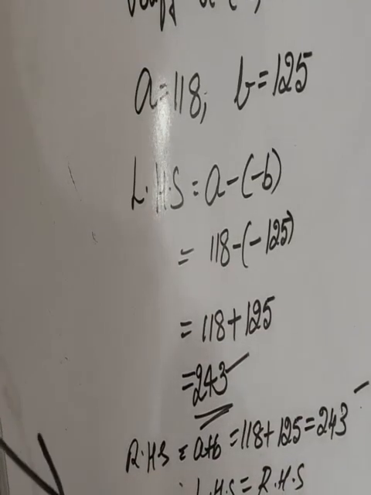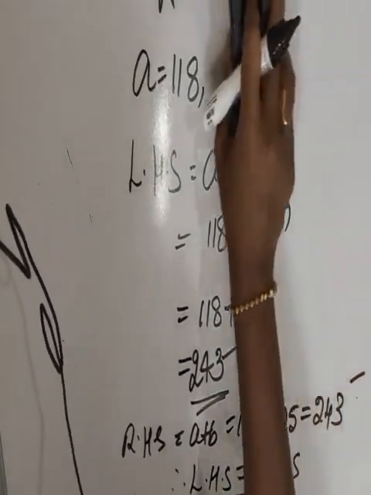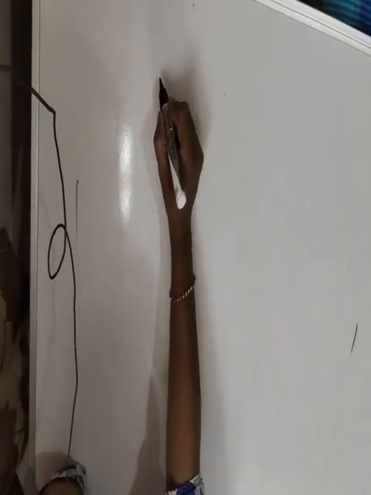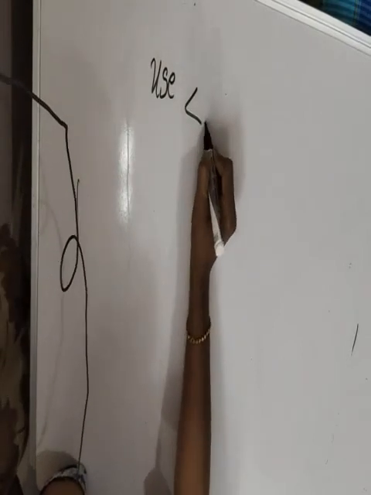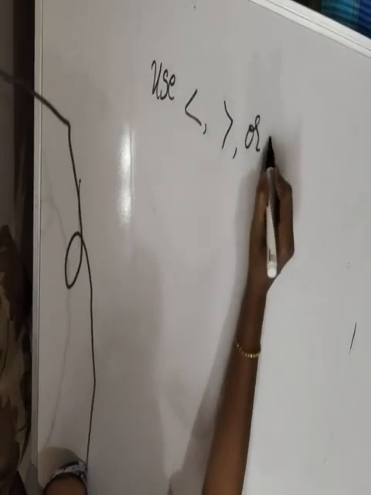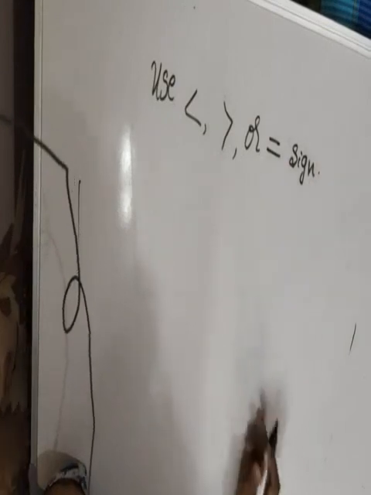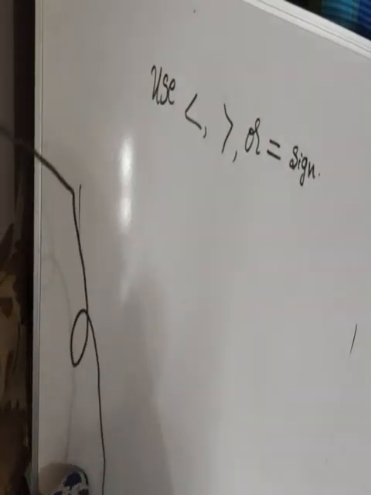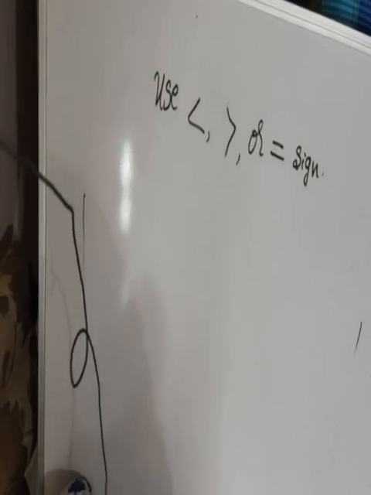So it's true. Okay, I think you understood this one, very easy. Next. Okay dear students, now we will see the problems using smaller, greater and the equal sign. Means they will give a few questions for us. We have to solve and we have to say are they greater, are they smaller, or are they equal.